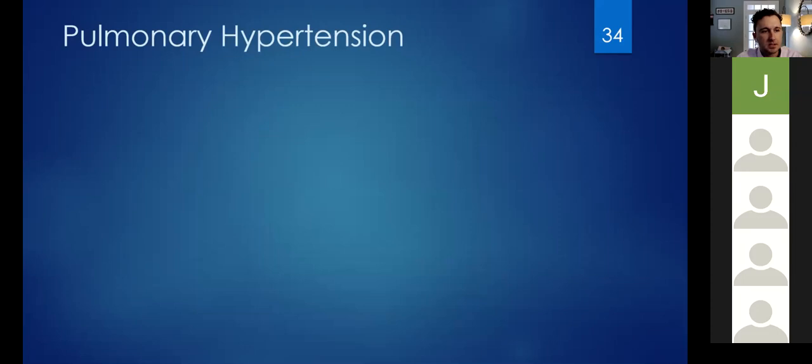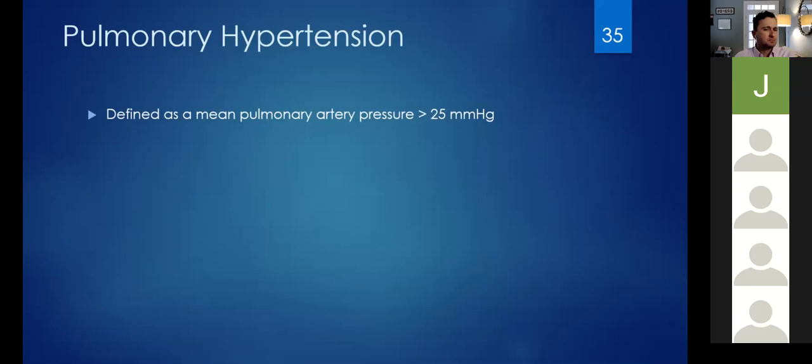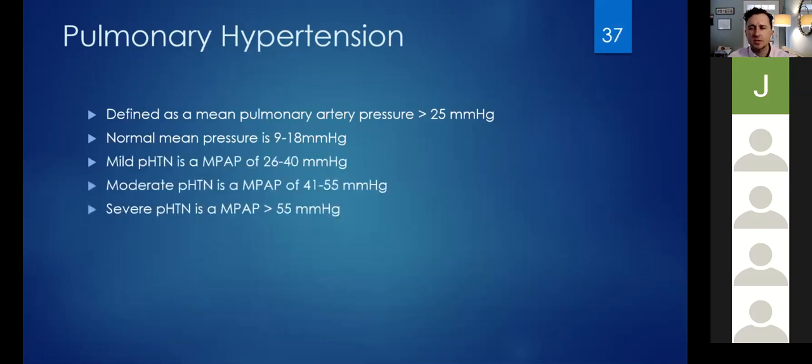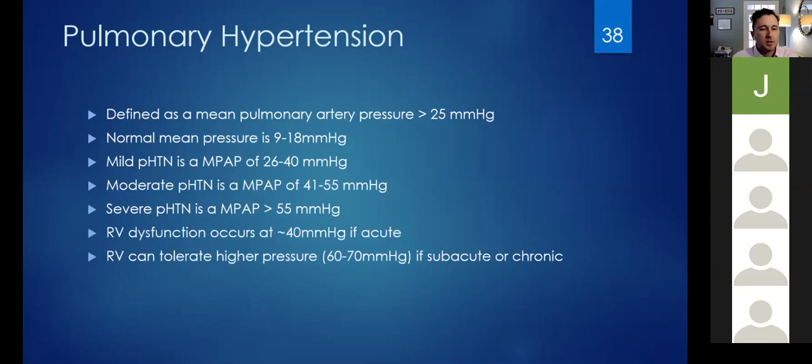All right, so let's get into the definitions of pulmonary hypertension. Pulmonary hypertension is defined as a mean pulmonary arterial pressure greater than 25 millimeters of mercury. As we said, our normal mean is between 9 and 18, so this isn't a big difference above our upper limit of normal. And then there are different classifications of severity: mild, moderate, severe. But again, even in severe pulmonary hypertension, this is a good bit less than what we see on the left side of things. And it's important to have that context because